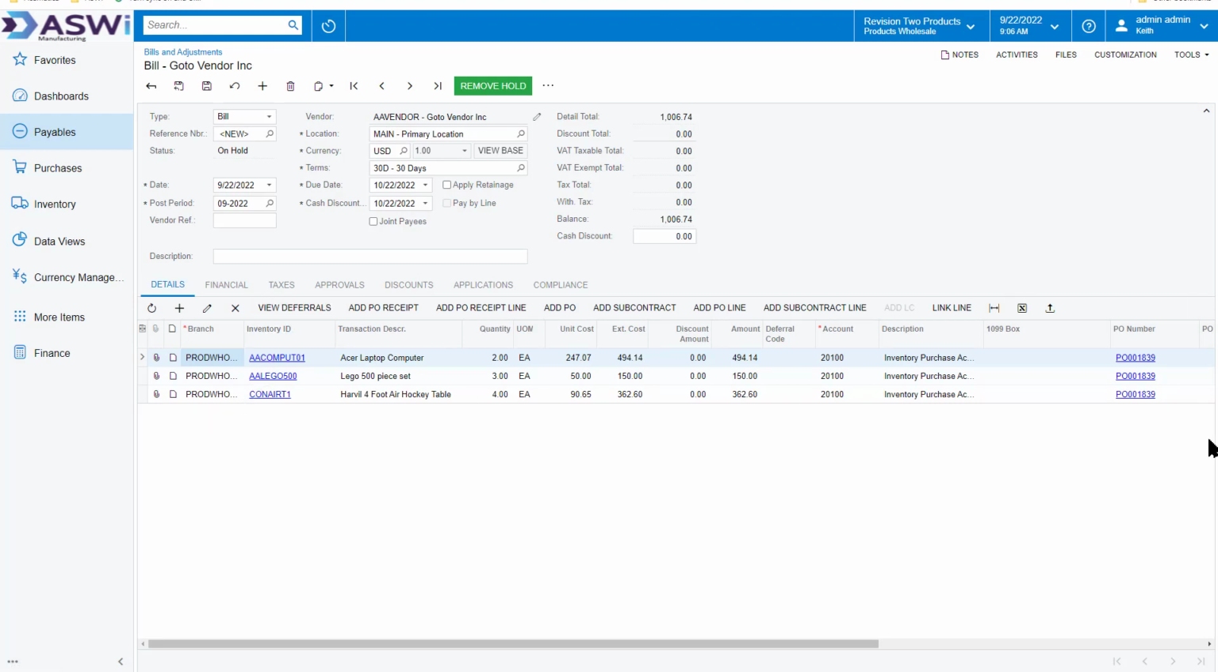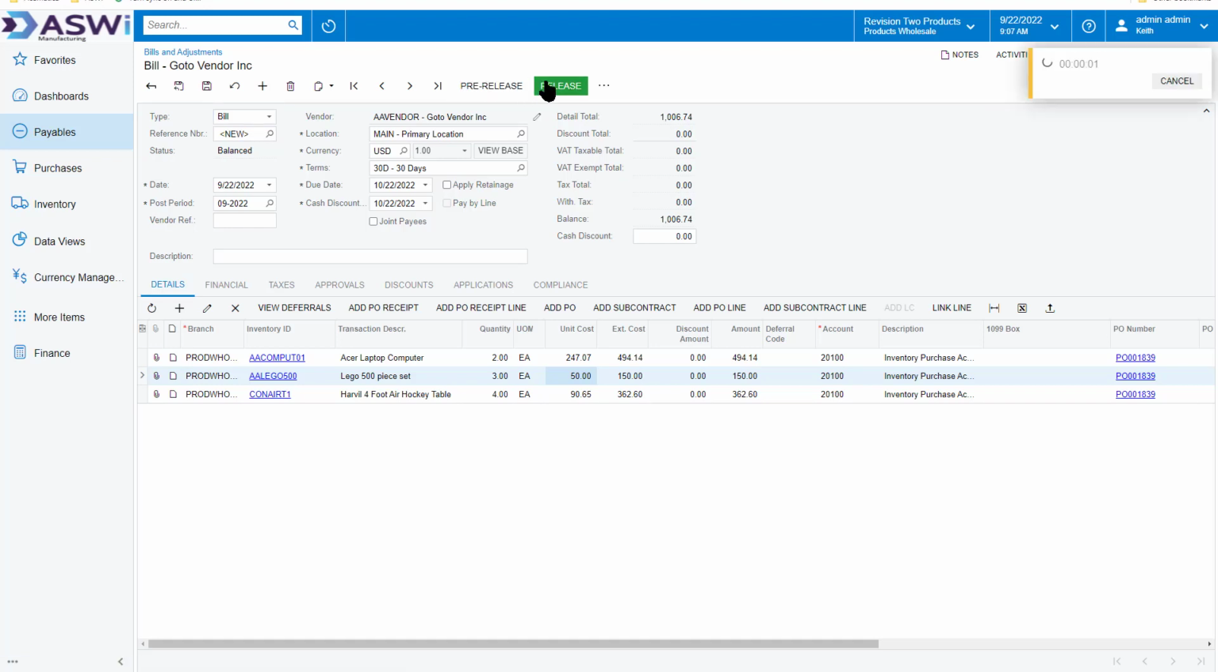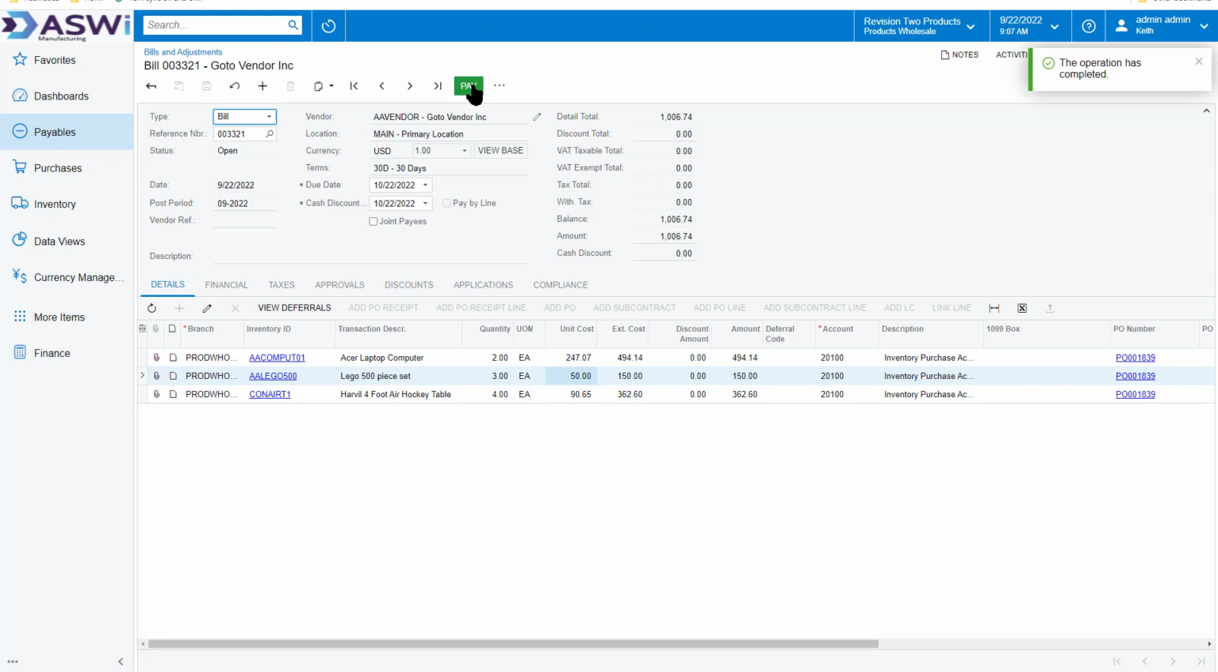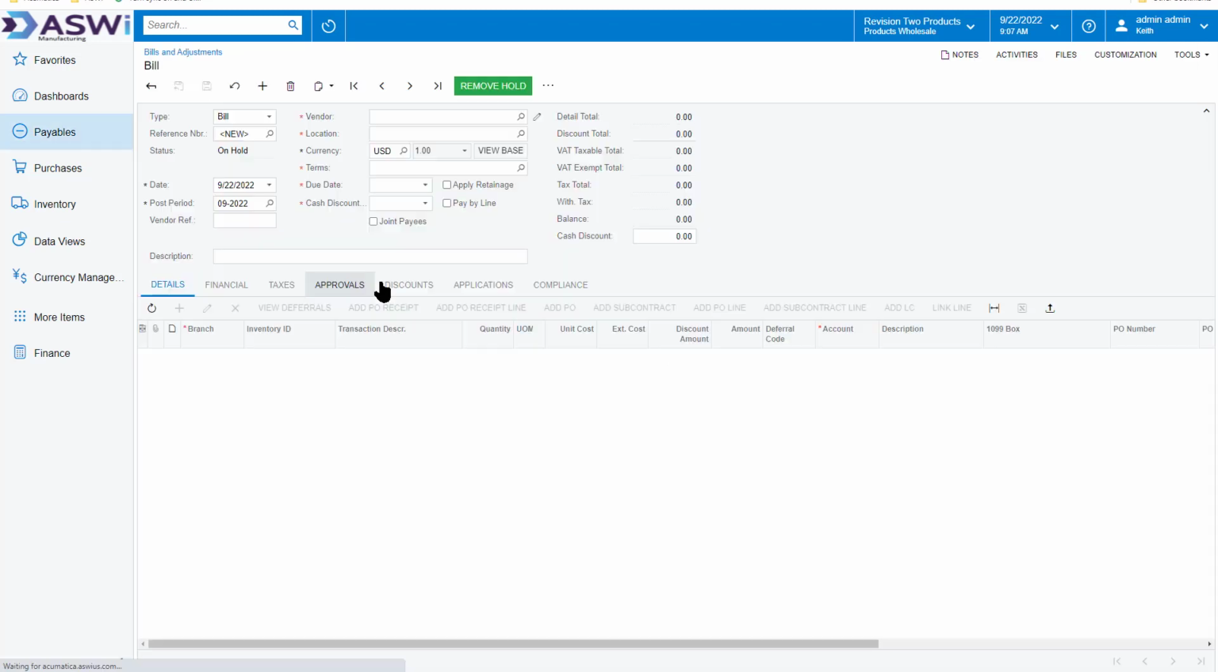Select my vendor, look at my purchase order number, verify the price. If I need to make a change in pricing, I can do that here. And once it's correct, go ahead and remove the hold. Once I release that, we could go ahead and pay it immediately, but we'll take a look at payments in just a minute. Another way to enter a bill for people that you don't have purchase receipts for,